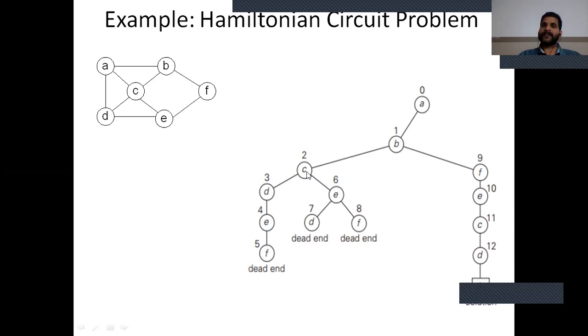Similarly, if we select C to E, then E has options D and F. We cannot find the solution, dead end. Suppose we travel A to B, and from B we select F, from F we select E, from E we select C, from C we select D, and from D we select A. So one solution can be achieved